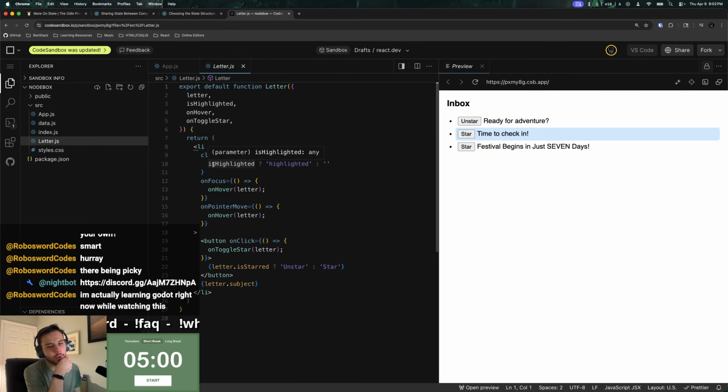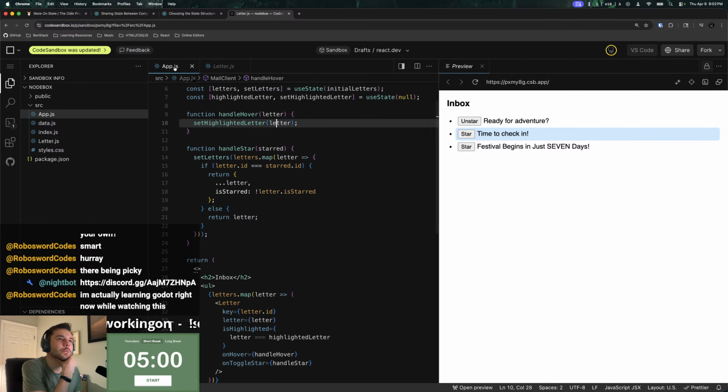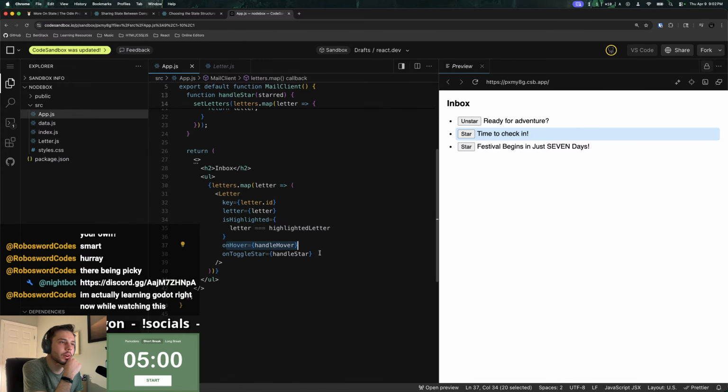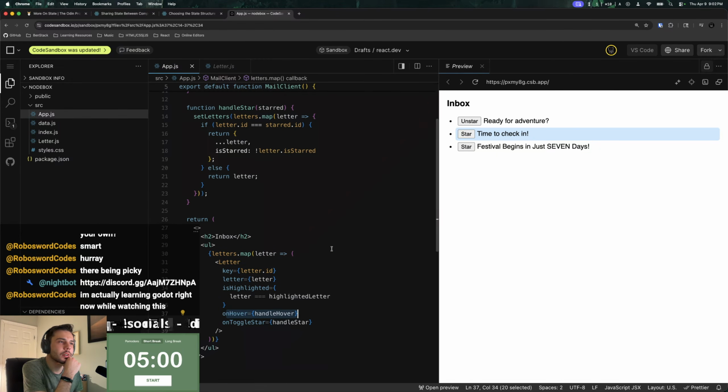Yeah, I'm gonna finish these two exercises and then I think I'm gonna go for tonight. Let's see. Is highlighted or not? Okay. So that's just adding the class. I don't know where this handle hover. Oh, on hover. I see. Okay. On hover is highlighted